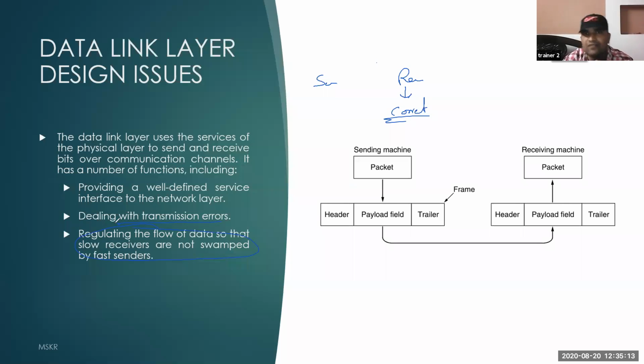So instead of that, if you have a mechanism to tell the sender, I am not able to understand it at this speed, slow down by 60%, so that whatever you are explaining will be understood by me properly without any problem. So that is the mechanism. The same mechanism is implemented in the data link layer.